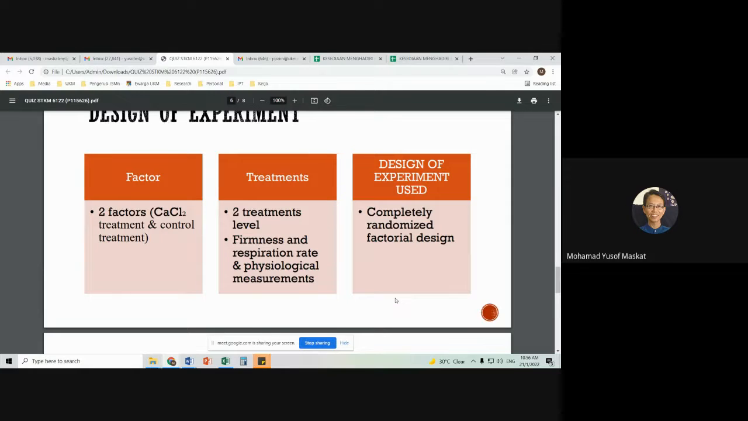First is the one factor experiment. The second is the more than one factor experiment. Based on those, then within the one factor experiment, you have